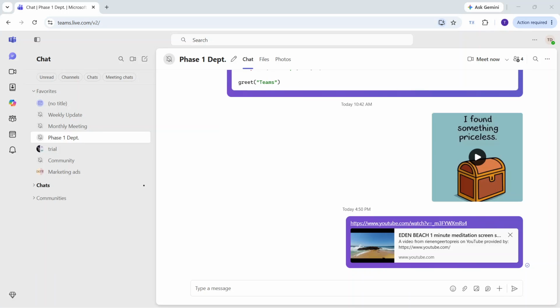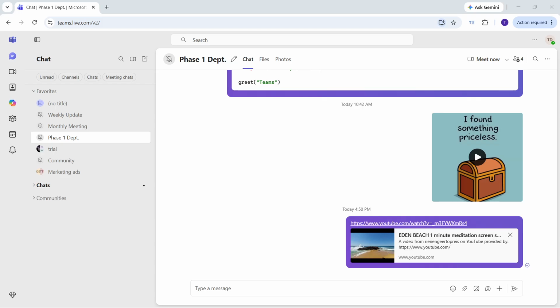In today's video, I'm going to teach you how to find and recover deleted messages in Microsoft Teams. If you've accidentally deleted a message and want to bring it back, the good news is that Microsoft Teams makes this very simple, as long as the message is still showing the option to restore it. I'll walk you through exactly where to go and what to look for, so you can recover the message quickly